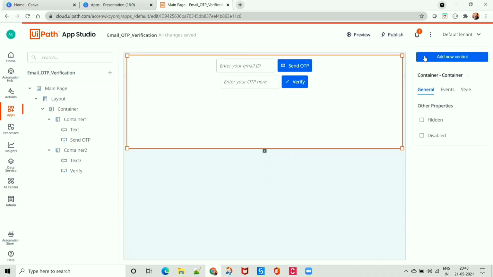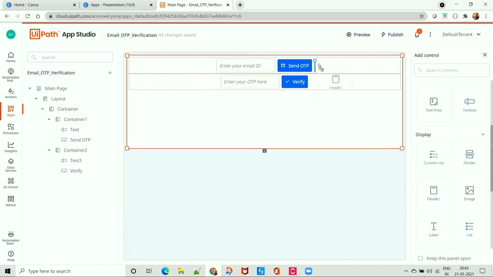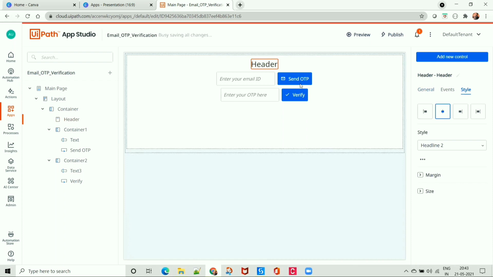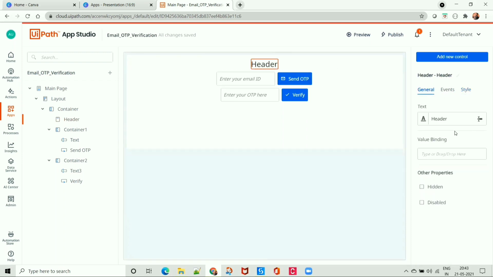Let's add one header to make it presentable. And keep the alignment middle, and the header name will be email OTP verification.